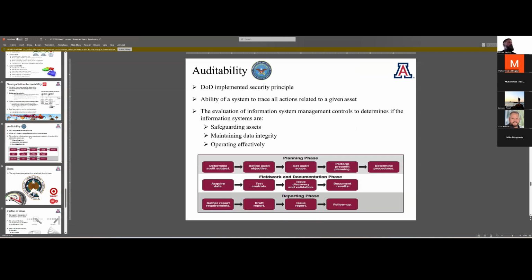All right, auditability. So this one, I kind of mentioned how the DoD had awful auditability earlier, but ultimately this is a really hard area. If you do full packet capture on every piece of traffic on your network all the time, it is so unscalable. There is so much information traversing networks nowadays that you would have to have insane, unrealistic amounts of storage to be able to hold that.